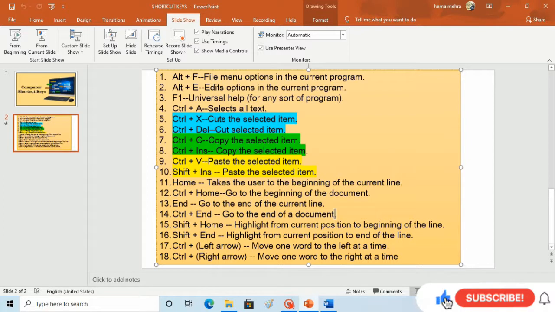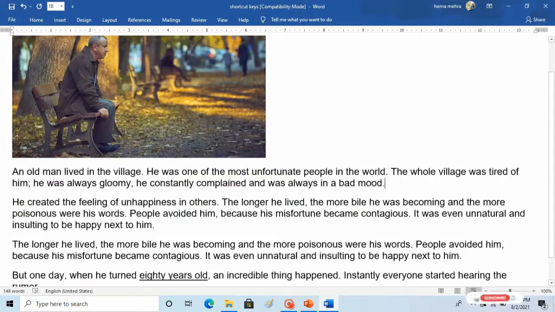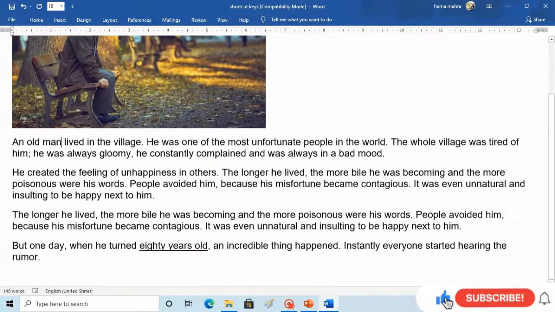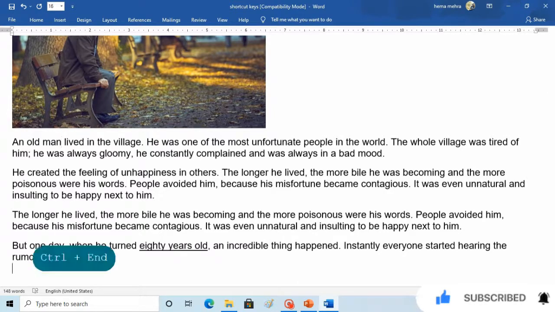But with Control plus End, we go directly to the end of the document. Like I am writing here and I want to go to the full stop, the end of this story. So I have to press Control plus End. Now you can see the cursor is blinking at the last line.